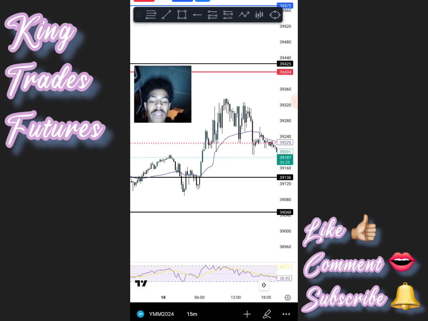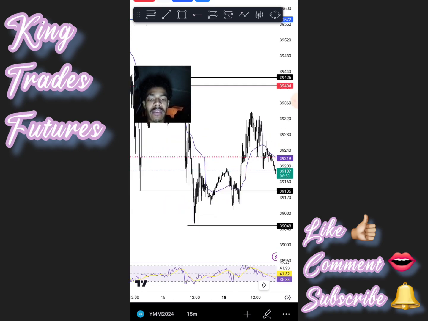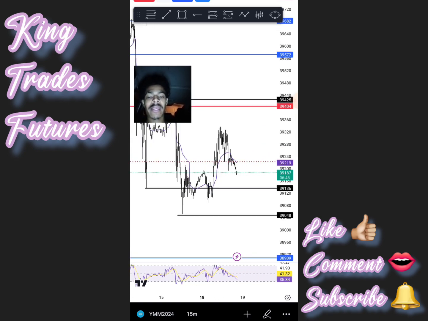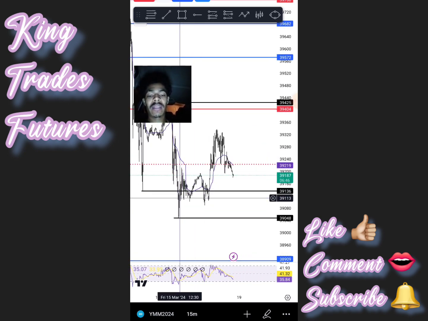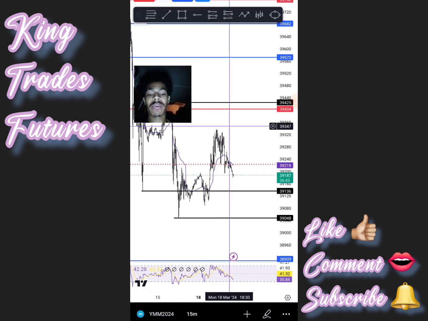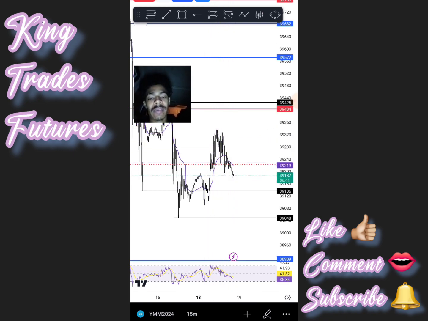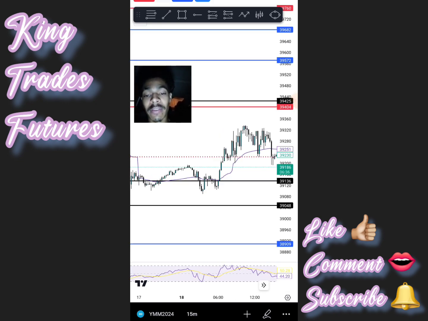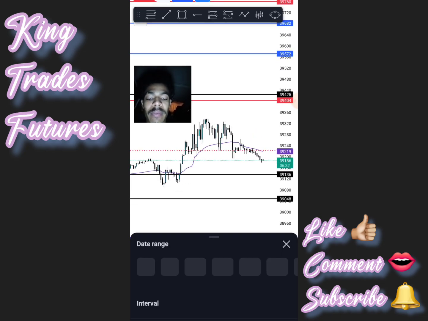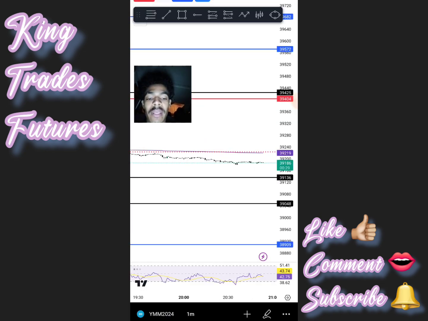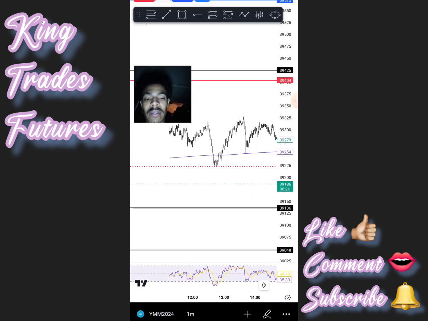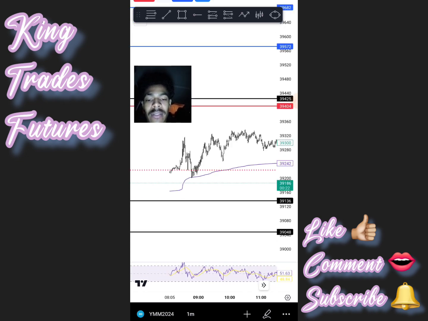So being that we did have a break of structure to the downside on the 15-minute, I expected some sort of 15-minute pullback, right? And this pullback on the 15-minute could facilitate the pro-trend move on both the 4-hour and the daily, is what I was thinking. So even though we had a break of structure on the downside on the 15-minute, ultimately I was still bullish, right? And so coming into the day, looking at it now from our 1-minute perspective, I can show you guys exactly what I saw